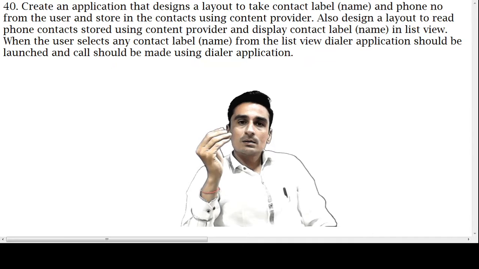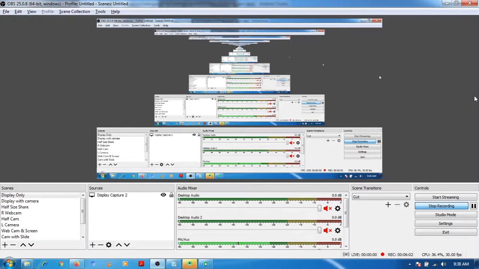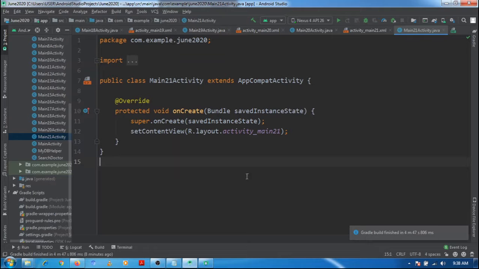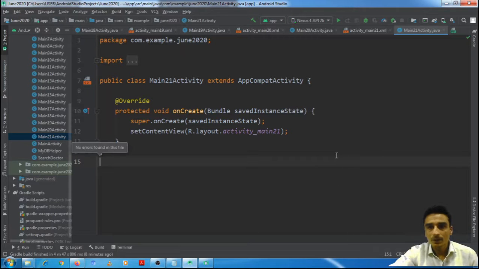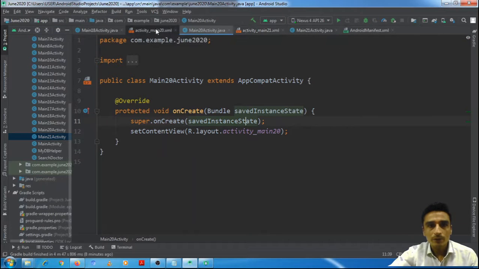So let's start implementing. See, this is our application, activity number 21, and we will be implementing the code in activity number 20. As I told you, first of all we will define the layout.